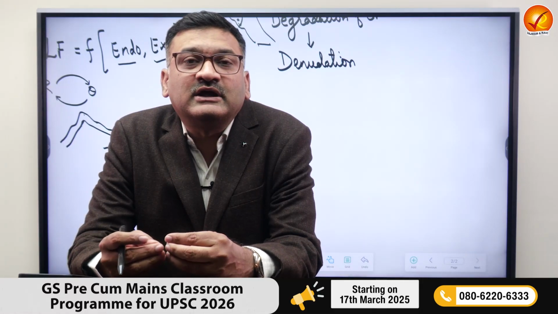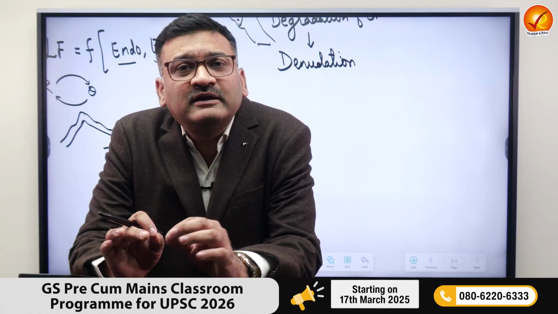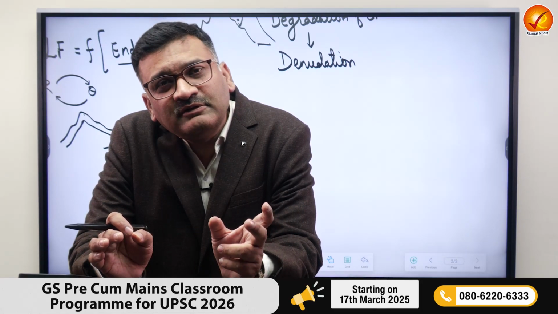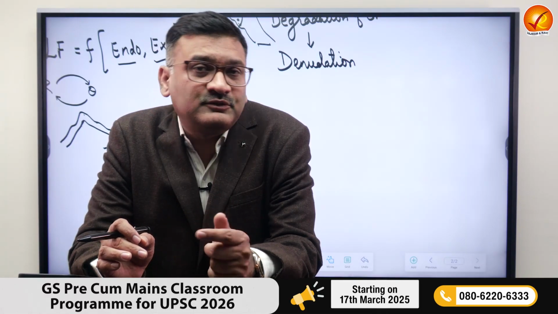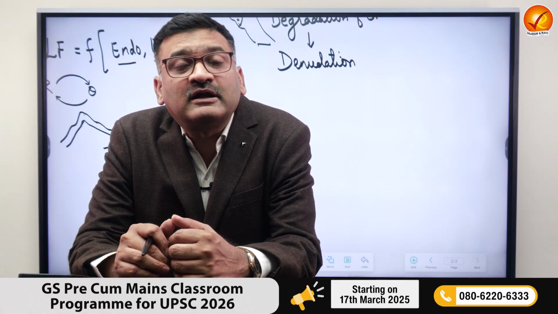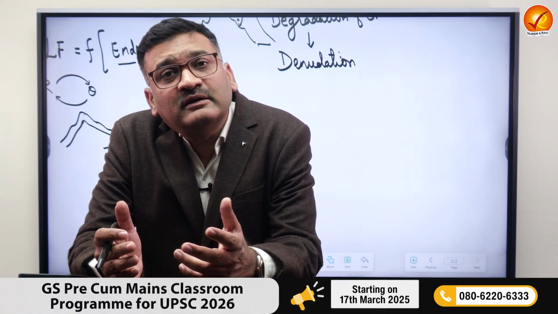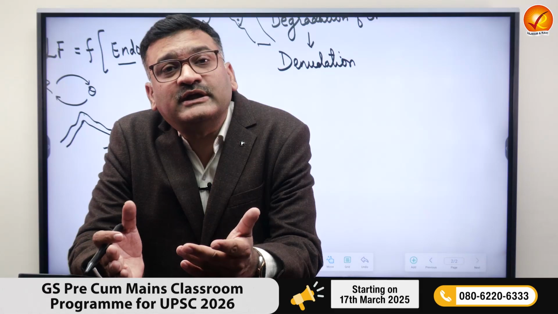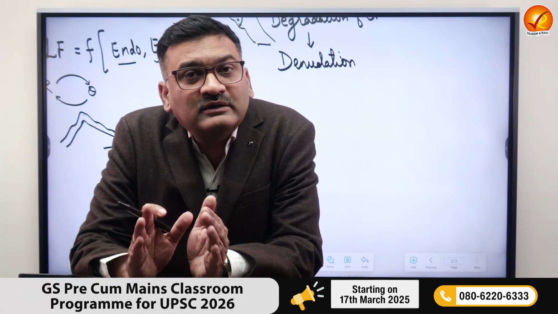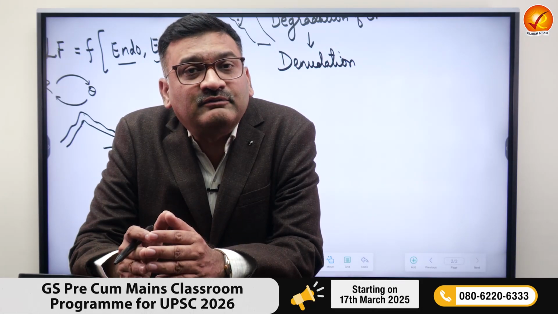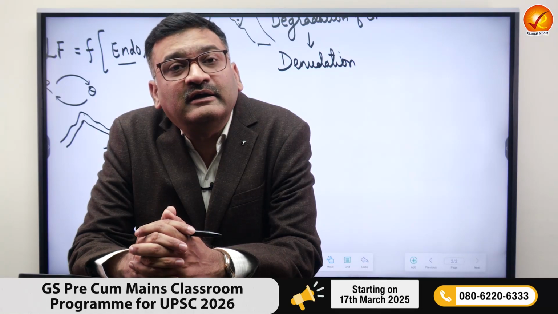So, for example, you see Aravali. Aravalis are low-lying structures at many places. Why are they appearing as low? Because here we find that there has been a dominance of exogenic force. The Himalayas appear to be a huge mountain system. Again, we are saying that here it is a dominance of endogenic forces. Which force is dominating on that region, on that landform, will define the structure or will create the identity of